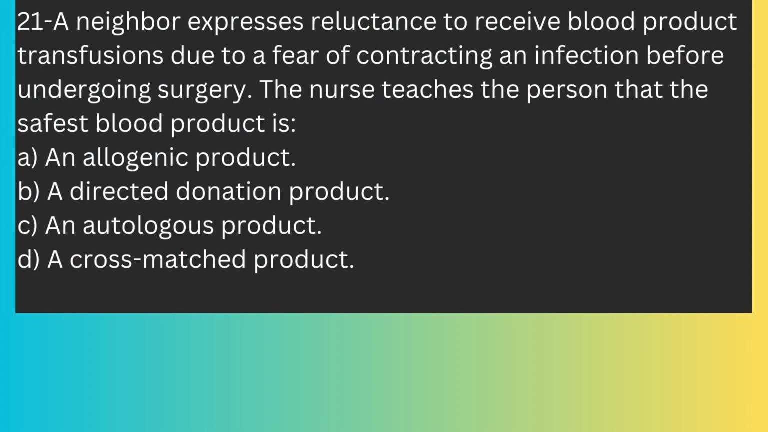Question number 21. A neighbor expresses reluctance to receive blood product transfusions due to a fear of contracting an infection before undergoing surgery. The nurse teaches the person that the safest blood product is A. An allogenic product, B. A directed donation product, C. An autologous product, D. A cross-match product. The answer is C. An